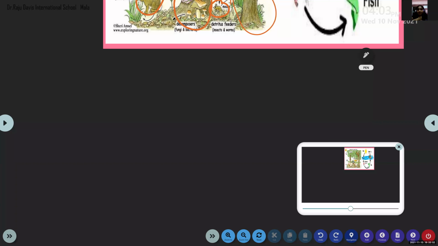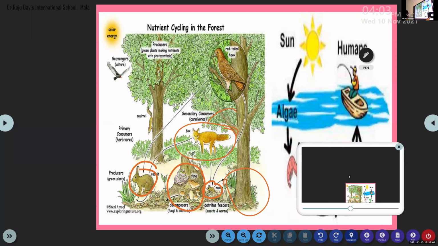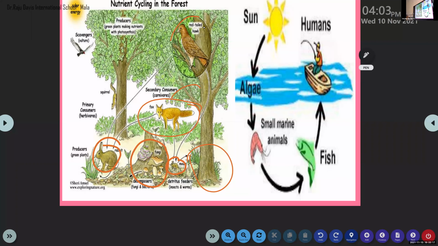And the bird is moving. And vultures are there. A squirrel. So you can see a hawk. A hawk is just like an eagle. We call it in Malayalam Aryan and Irula. I heard it on Animal Planet. It is just like an eagle.